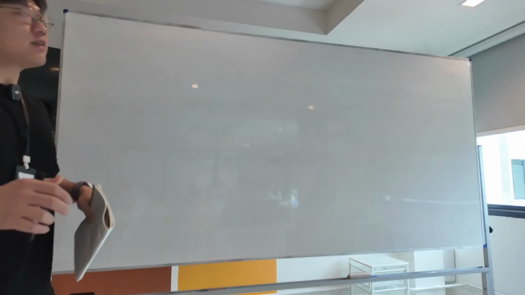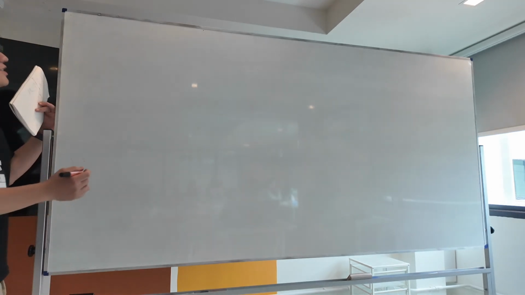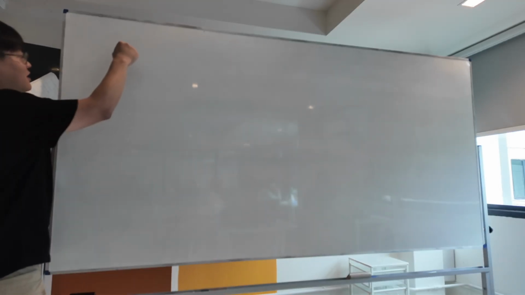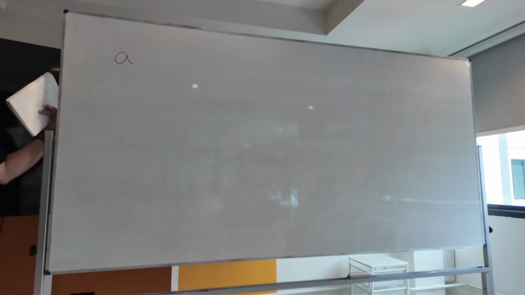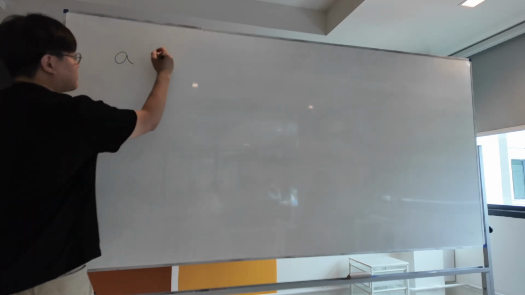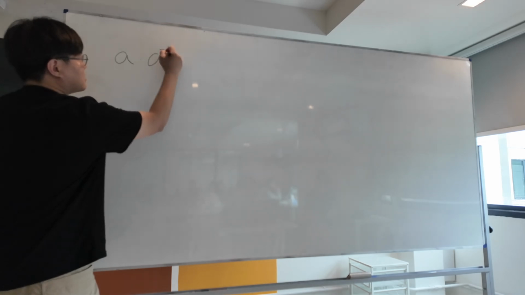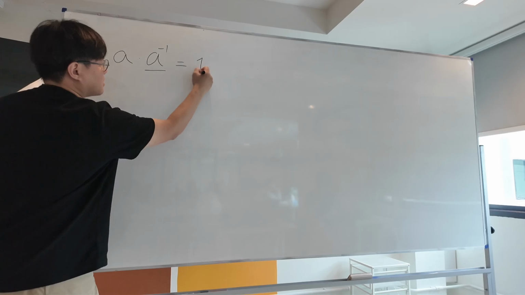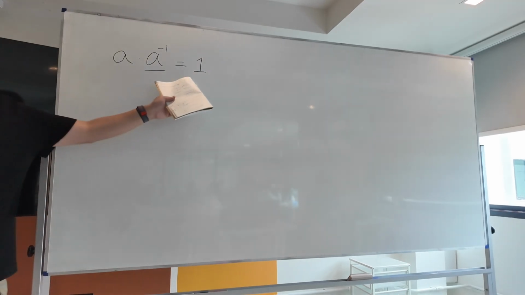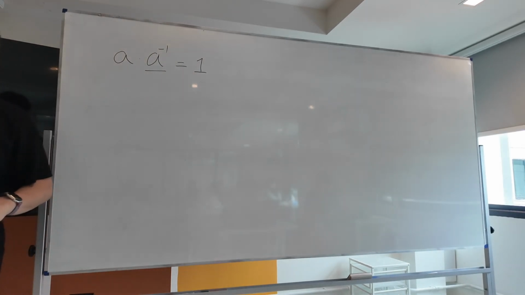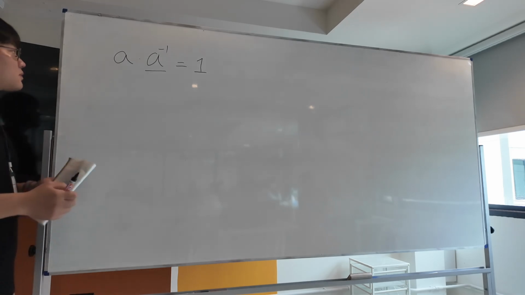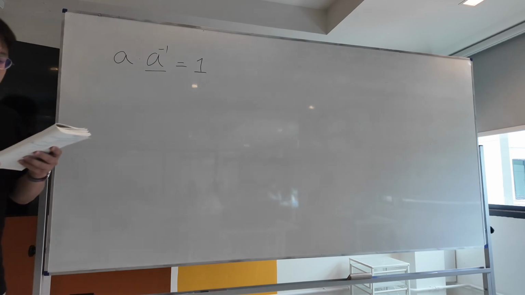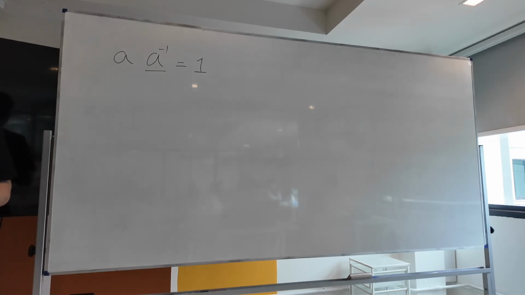So maybe let's talk about what an inverse is. I think the definition is like this. We want to get the inverse of A, let's write it as A minus 1. So this is the inverse of A. It should be the identity element, whether it is a field or a group. And how do we get this? For example, if we are in a multiplicative group,